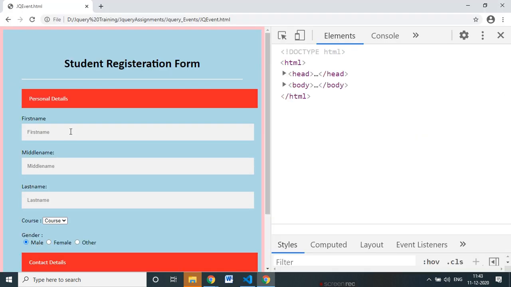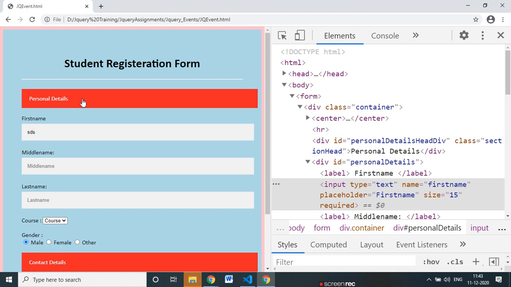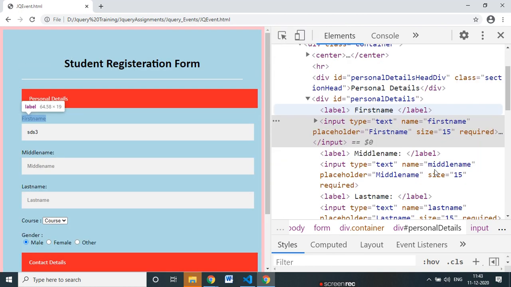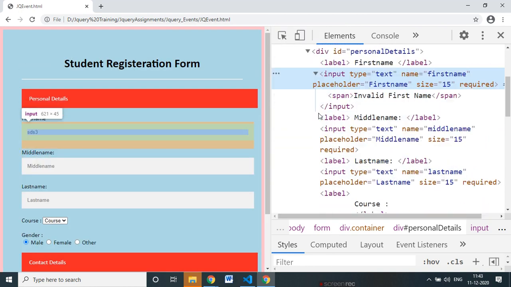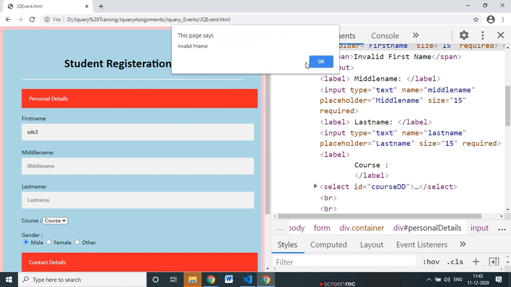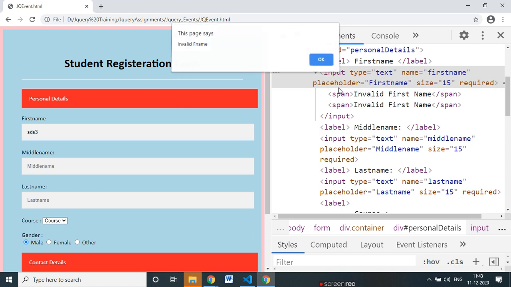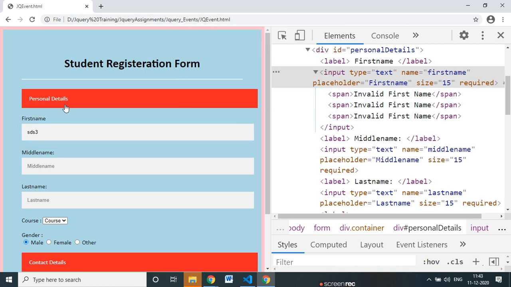Just a minute, you put something here, say invalid f name. See, the spans are getting added. Please check here, whenever I click here it will add a new span, invalid first name, but it's not visible